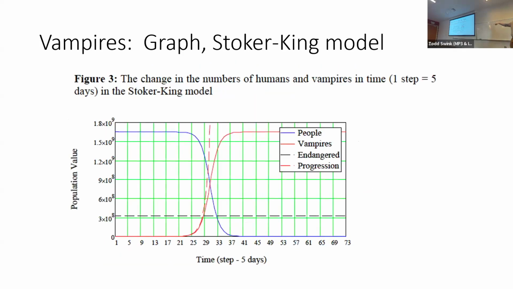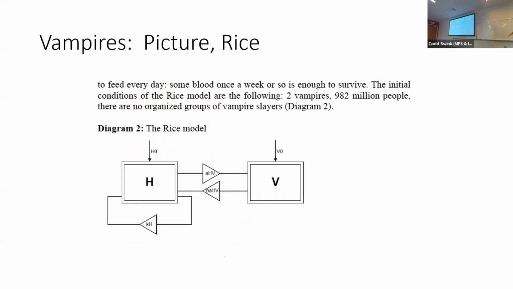Picture leads to equations, and it's unstable. It's slow, well, and not really that slow. Since they're feeding every 5 days and turning them into a vampire, it turns everybody into vampires. So they say this can't possibly be real because this doesn't match our... The Anne Rice one,